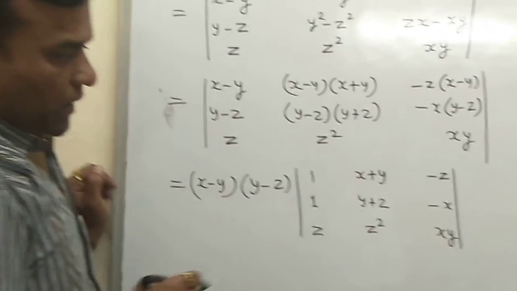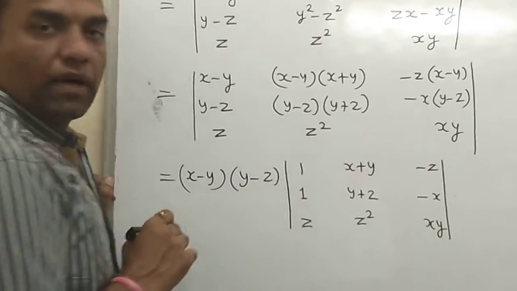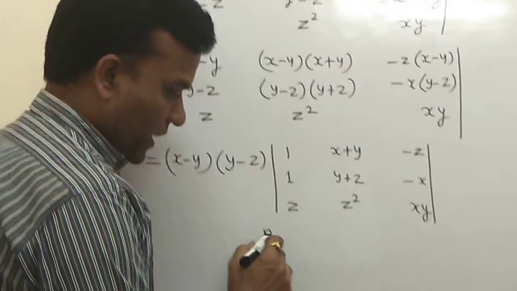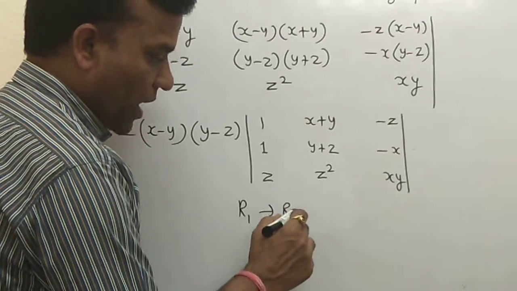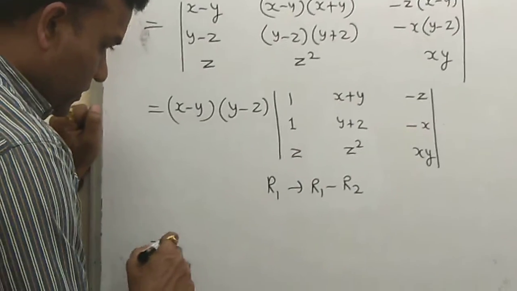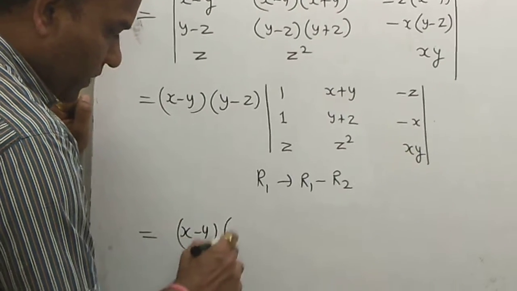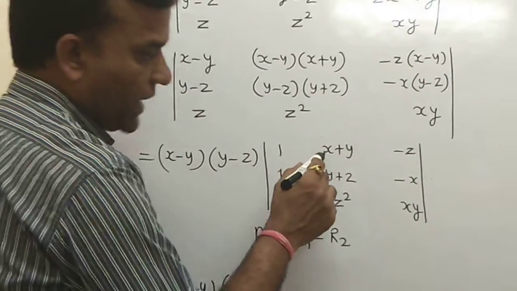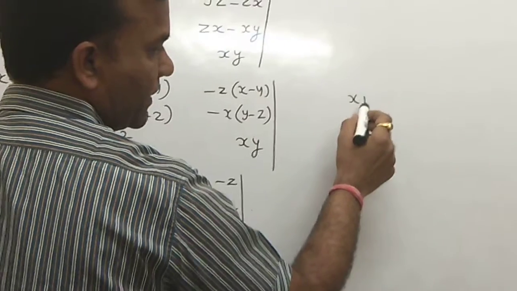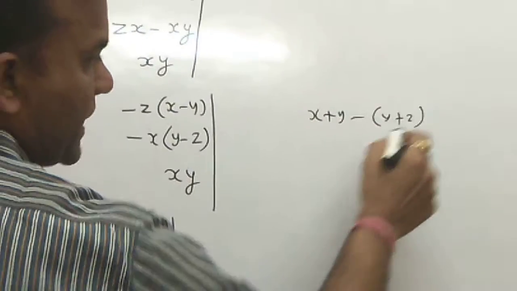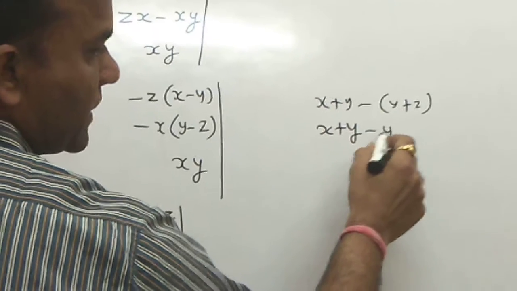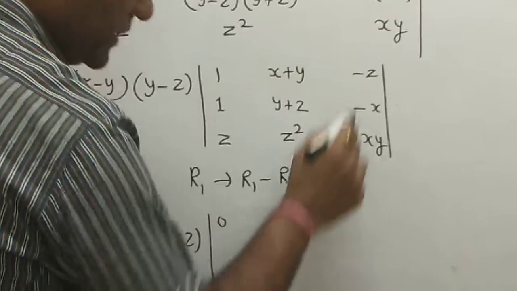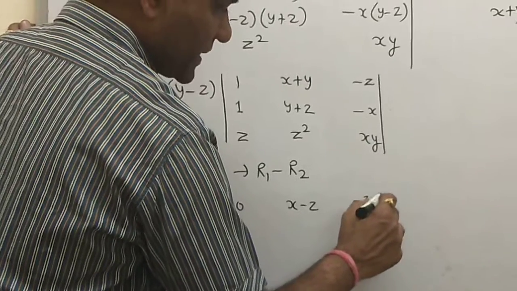Okay, but now you got one concept here, like 1 and 1. So you apply the row operation again, because 1 minus 1 is 0. So again you apply R1 tends to R1 minus R2. Therefore we have x minus y, minus z. 1 minus 1 is 0, and x plus y, and minus times of y plus z. So you simplify this, y is cancelled out, you have x minus z. So write down here x minus z. Similarly you have minus z plus x.